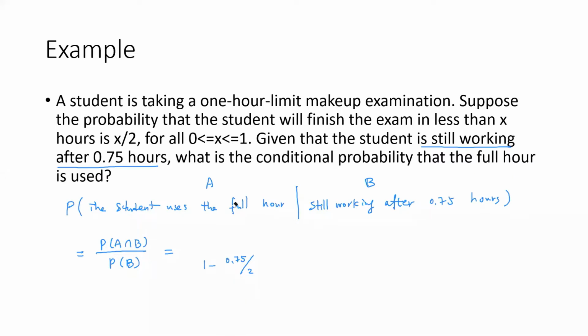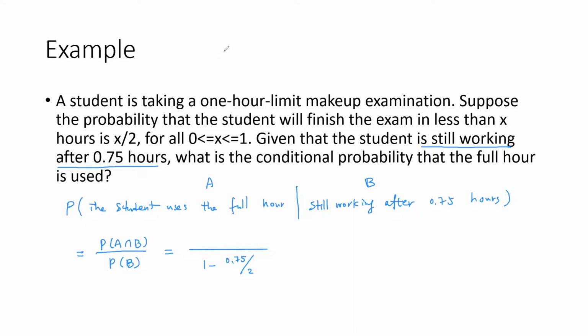So you do the complement. And then the numerator says that the student is still working after 0.75 hours, and also the student would use the full hour, and the intersection of these two is